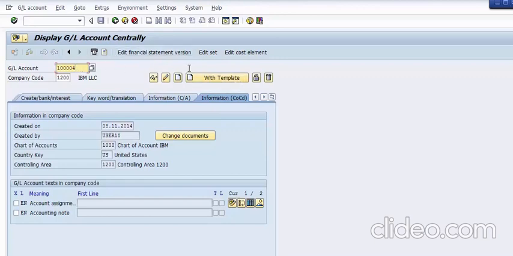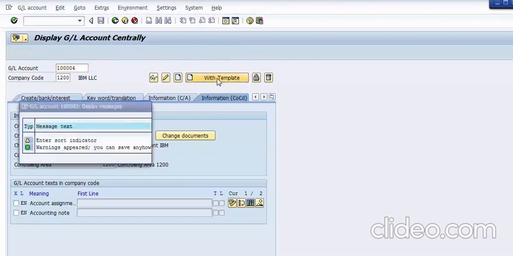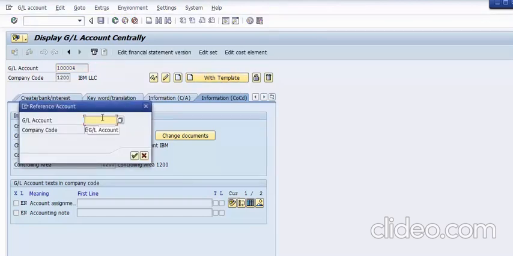So I can go for the template also, and copy the 100003 descriptions and everything, and just change the description for my next one. So I click With Template. Over here you have to put the details of which GL account you want to copy from and the company code. Once I did it, okay,